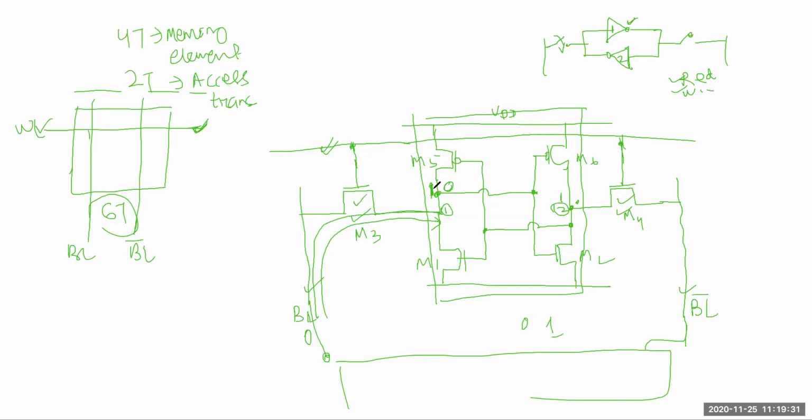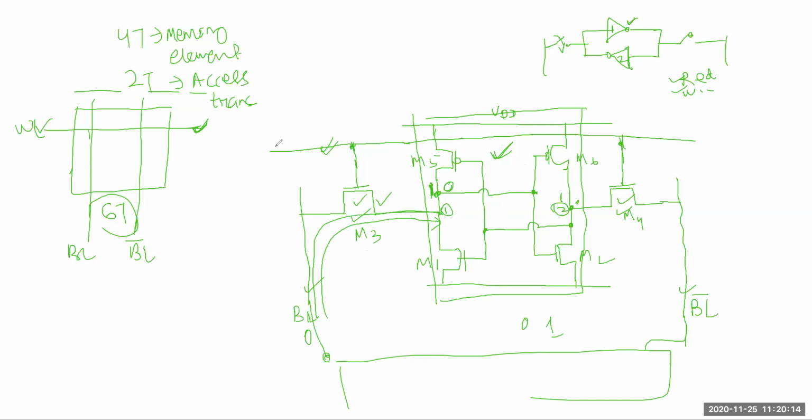Let me annotate it. I will explain the read and write in detail later. But you should know that when these two transistors are on, at that time you can do a read or write operation. Next I will discuss how you will read and how you will write. This is a 1-bit memory unit, so it will not change its value as long as the power is there. We can read that value through this transistor, and also modify that value through this transistor. These are the very basic things about the 6-transistor cell. Clear?